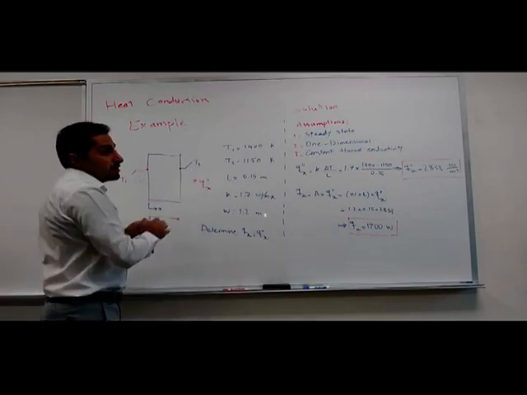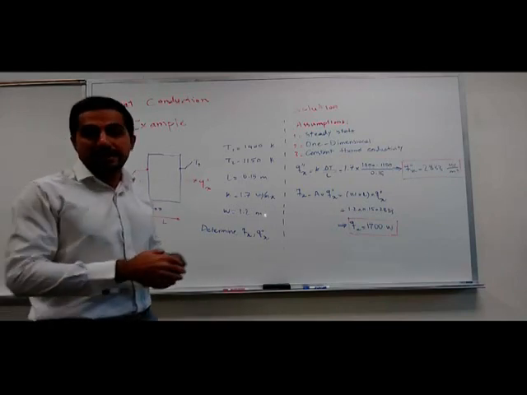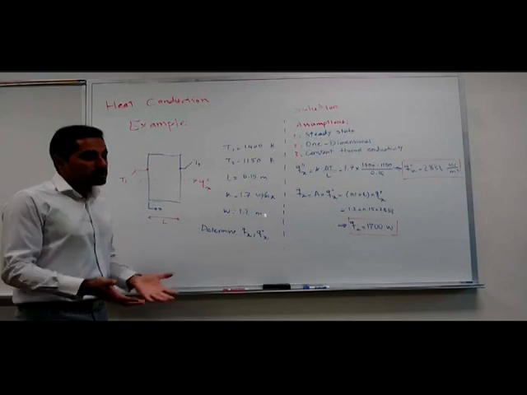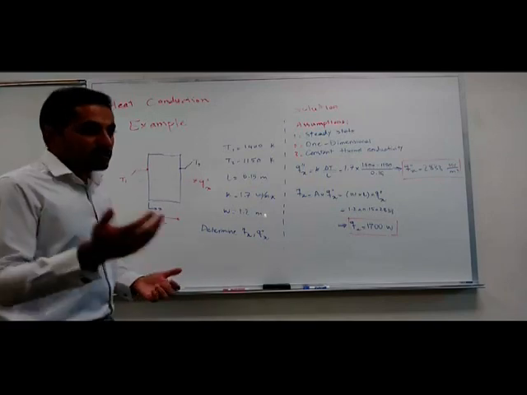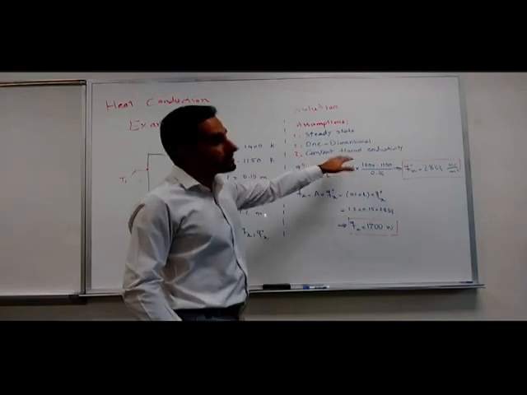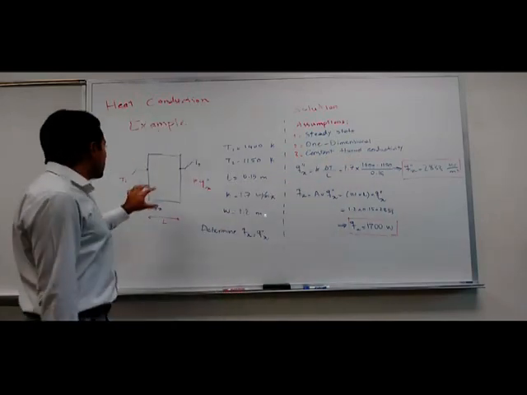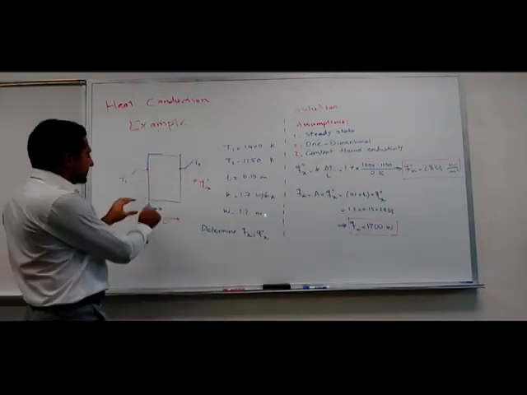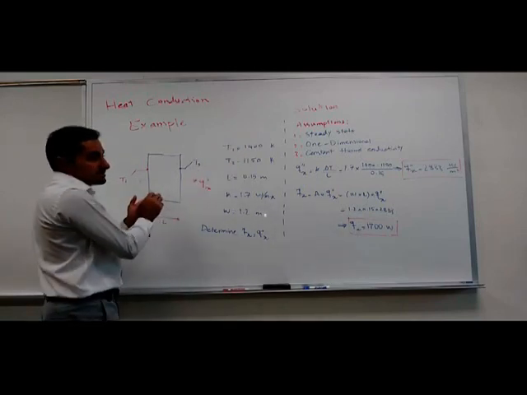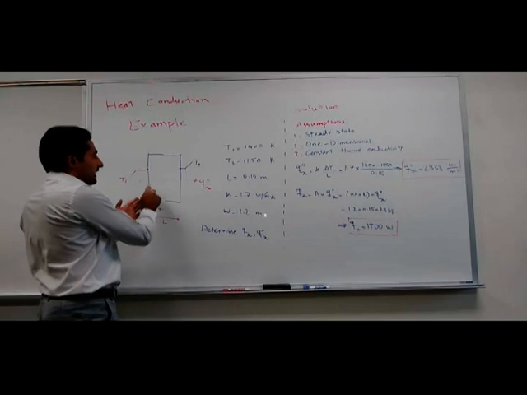It means that there is no temperature difference in any direction except X. Therefore, there is no heat conduction in any direction except X. And we have constant thermal conductivity of the material,